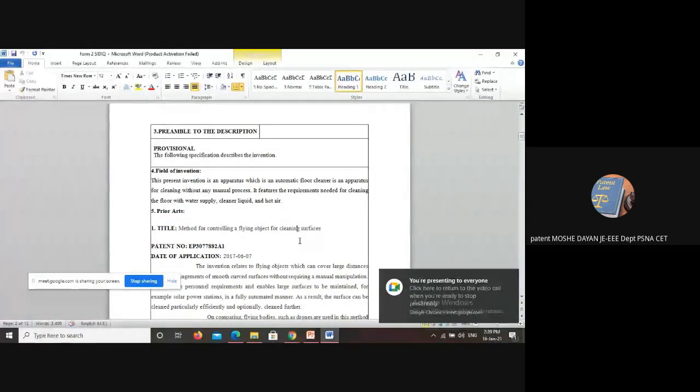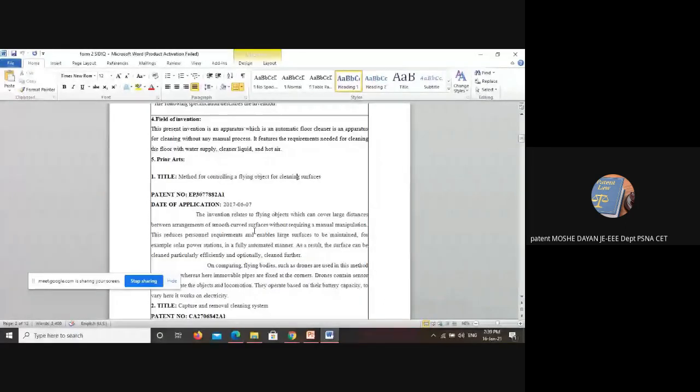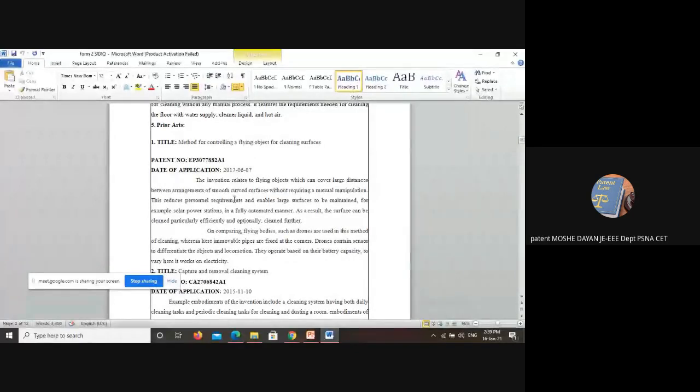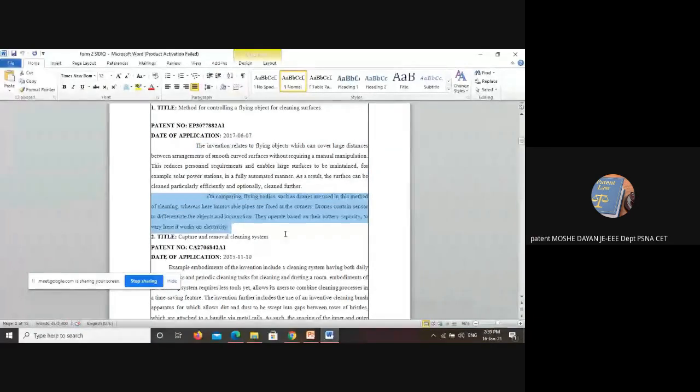When we do a patent search, we will get many documents, right? So you have to choose the narrowest result, the closest result to your patent. Those things you have to mention here, the prior arts. And you have to explain in what way your invention is different from the prior arts. So you can pick up some 7 to 10 patent documents which are very close to your invention, and you can mention the patent number and the date of filing the application and what that invention is. And finally, you can say in what way your invention is different from their invention. By means of this, you are giving a comfort, you are giving a confidence to the patent office that yes, you have done a good invention and your invention is unique.